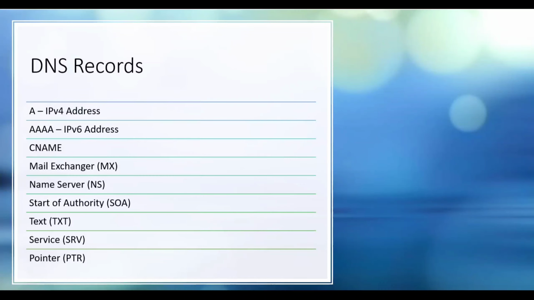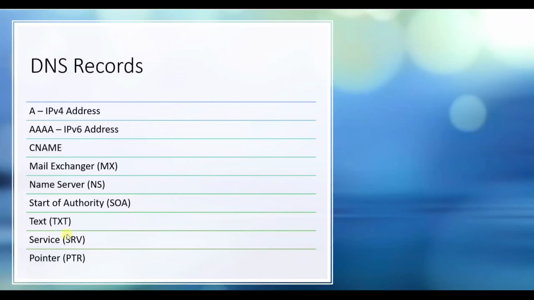And then we have a TXT record, or text record. The use of this record is for domain verification. Sometimes when a website needs to validate the owner of a domain, they ask the owner to create a text record with some information in it. After that the information is checked, and if the information is correct, then the record is found, and we can verify the owner is valid. So this is the use of the text record.